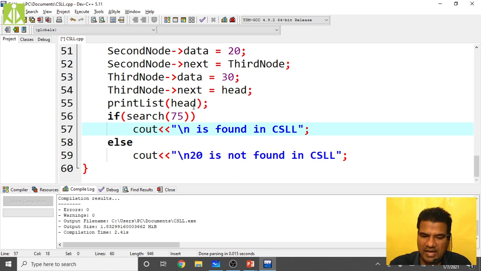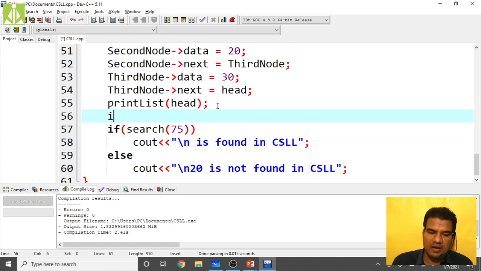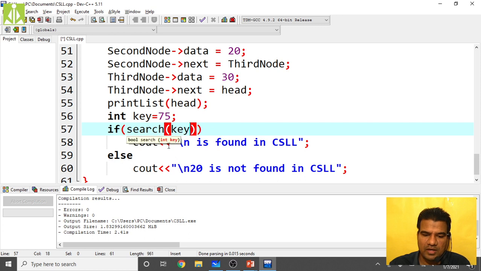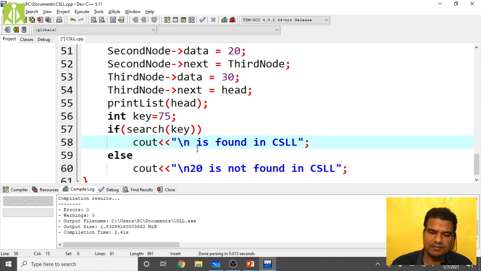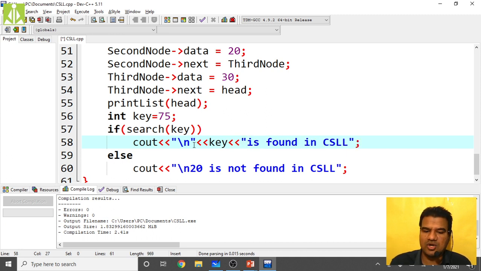So instead of going like this, what I do is I will make int key and whatever value you want. So that's 75 I am searching now. So wherever I kept 75, I have to put that key. So Control C, Control V, okay, and here also, backslash n, that key is not found, like that we need. So you close this here itself and take like this, print that key value and take like this, is not found, like this. Here you take space. So like this you have to print.